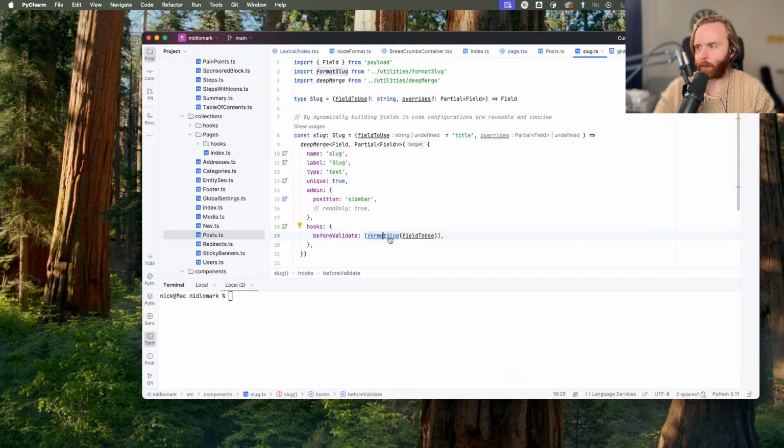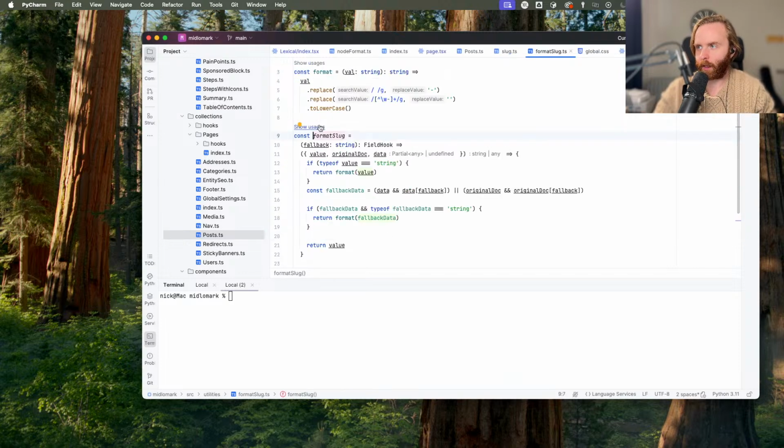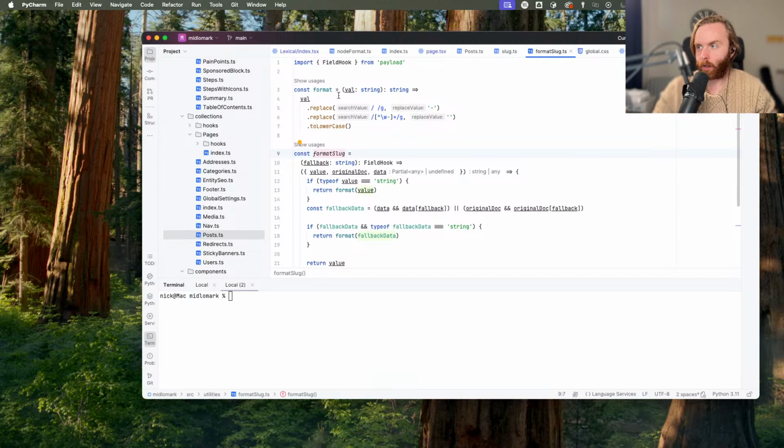And if I go into here, it's just a formatting hook where it's going to take the string that it takes in and replace any spaces and any